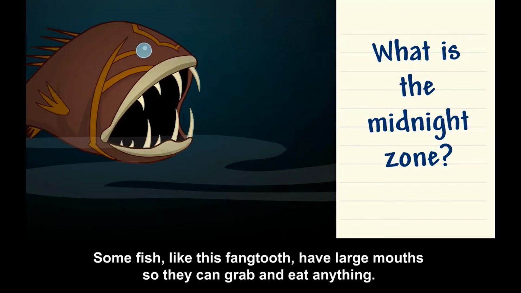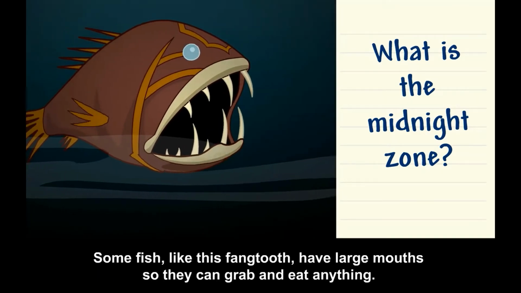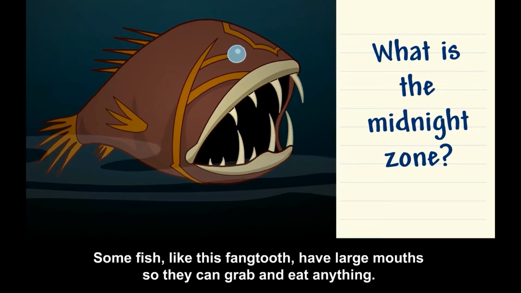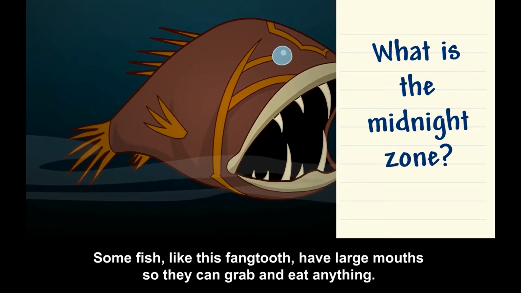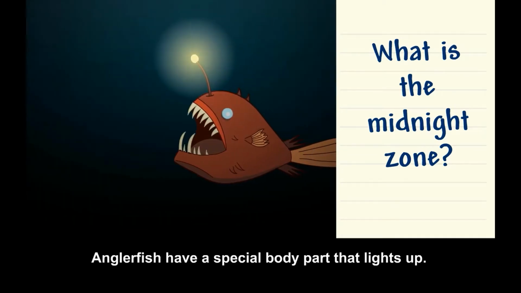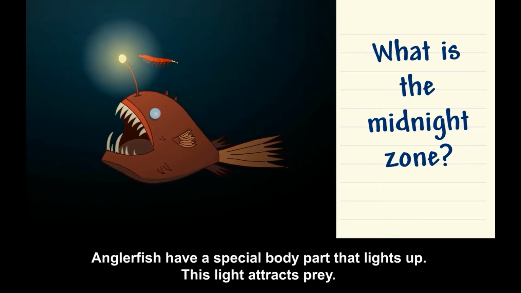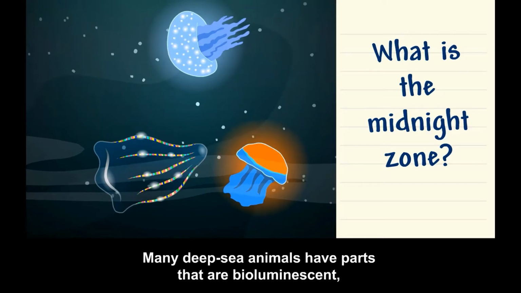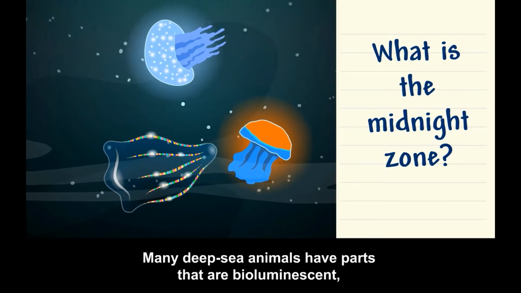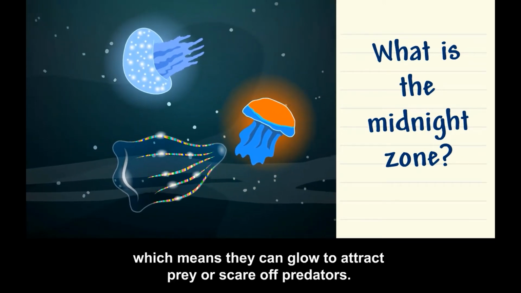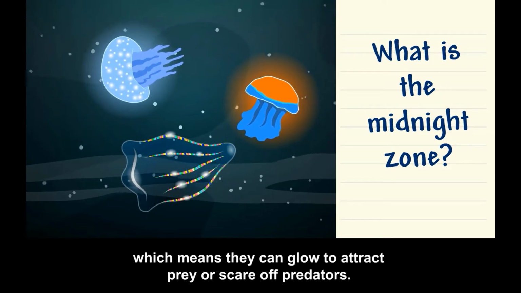So some fish, like this fangtooth, have large mouths so they can grab and eat anything. Anglerfish have a special body part that lights up. This light attracts prey. Many deep-sea animals have parts that are bioluminescent, which means they can glow to attract prey